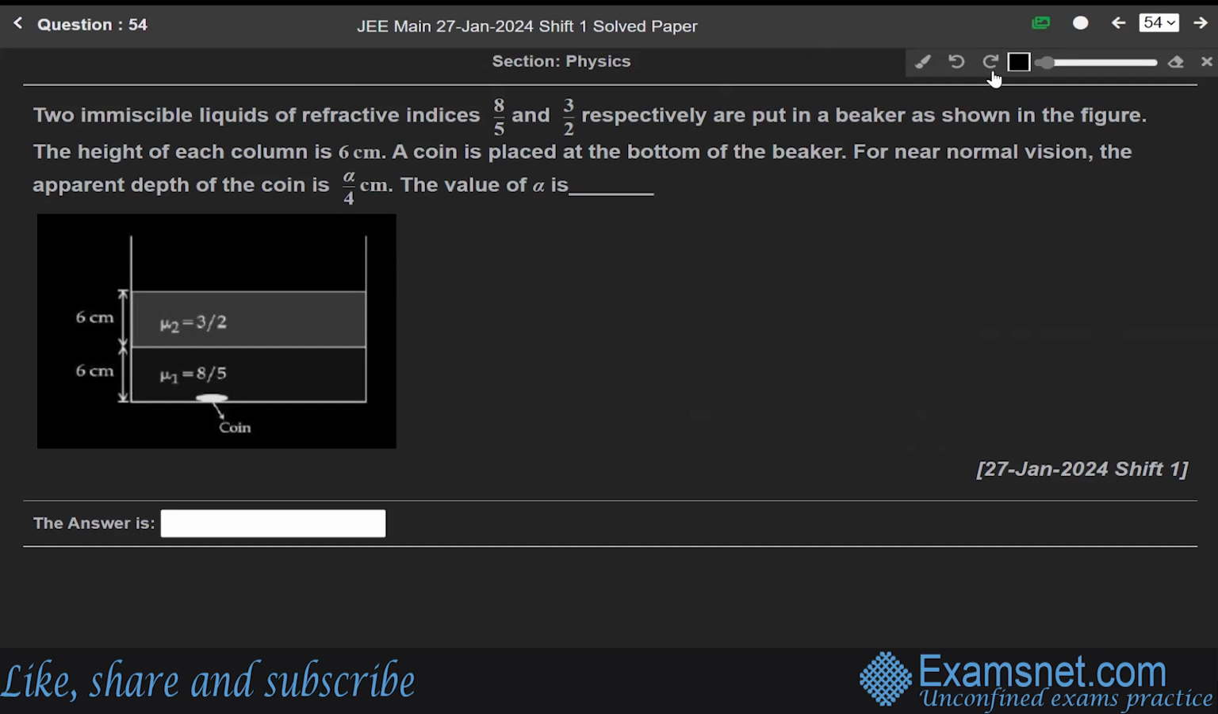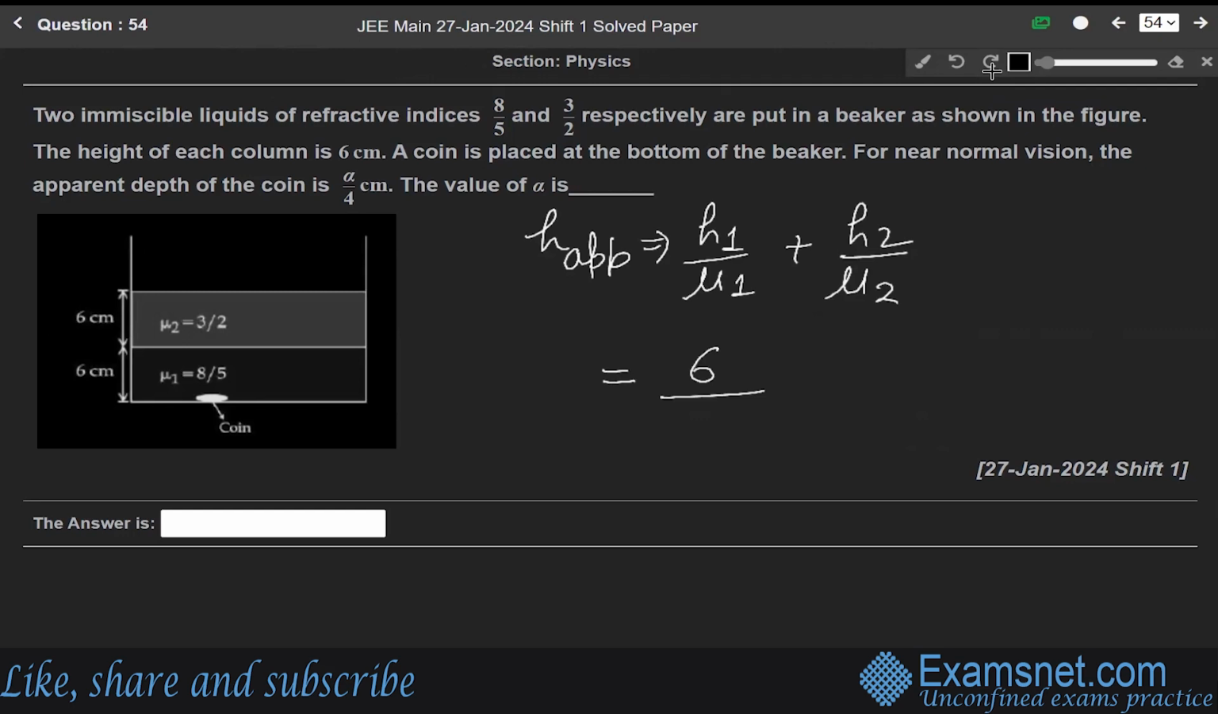The height of each column is 6 centimeter. A coin is placed at the bottom of the beaker. For near normal vision, the apparent depth of the coin is alpha over 4 centimeter. We have to find the value of alpha. So the formula for apparent depth, H apparent, is equal to H1 over mu1 plus H2 over mu2. So H1 is 6 centimeter over mu1 is 3 by 2